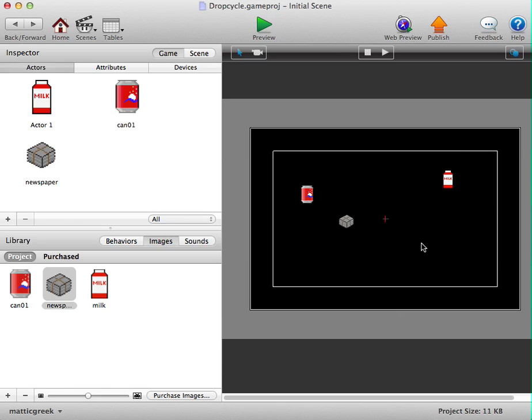So at this point, the tutorial is done. Feel free to improve this game further. Maybe check out some of the other tutorials. Think about how you might add to this. We could add an actual lose screen, because right now when they all disappear, there's no you lose or anything. We could add that. You could add some kind of point system, change the behavior, add more types of objects. There's all sorts of things you could do. But just think how you might improve this, and then move on to the other tutorials, and just have fun